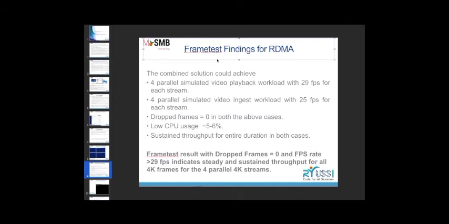For video ingest, the frame rate was 25 frames per second. The dropped frames were 0 in both the above cases, and the CPU utilization was fairly low again, just around 5 to 6%. The throughput was also sustained for the entire duration. As you will also realize, the throughput was just around 45 to 50 gigabits per second, and the CPU usage